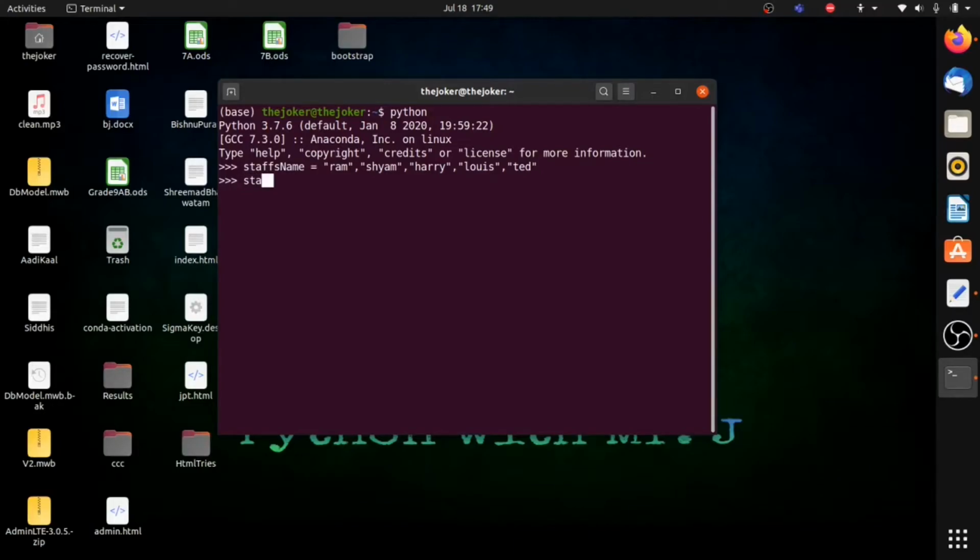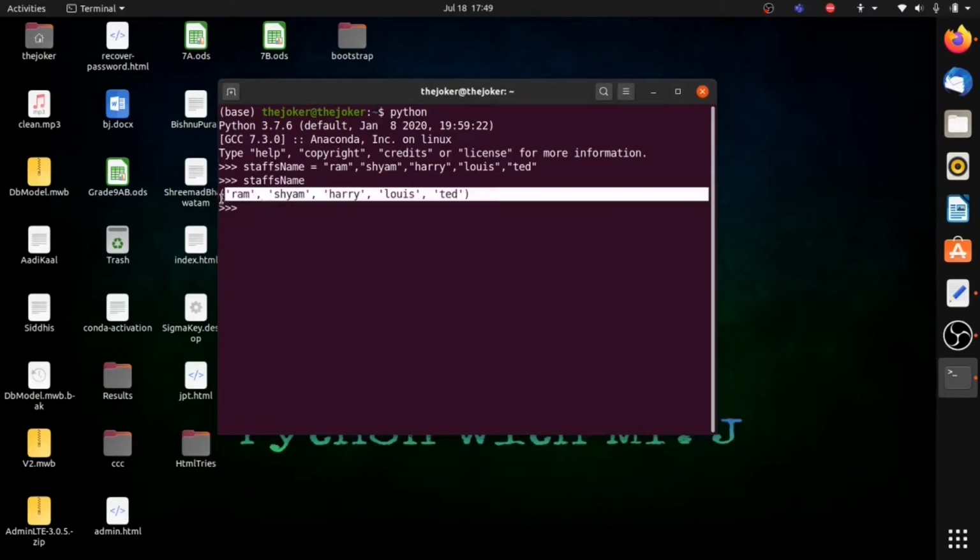When we type the variable name in the program, we can get the values which are stored in the list. See the outcome.